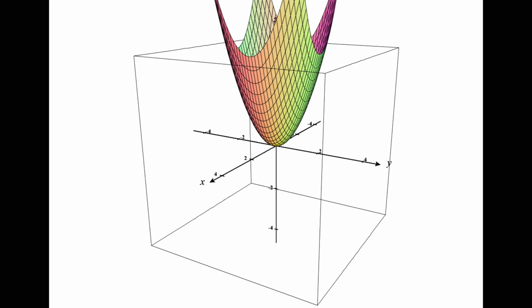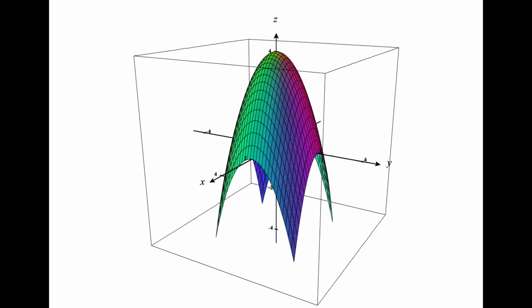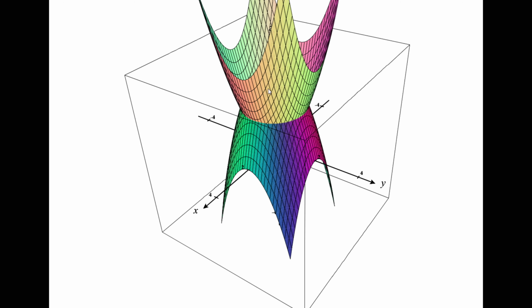So that's a paraboloid that's opening upward. And then let's turn that off for a second and think of another paraboloid. This time a paraboloid that's opening downward. So it's going to start at a z value of 4. So this in particular is z equals 4 minus x squared minus y squared. Okay. So if I graph both of them at the same time, then we can see that they do section